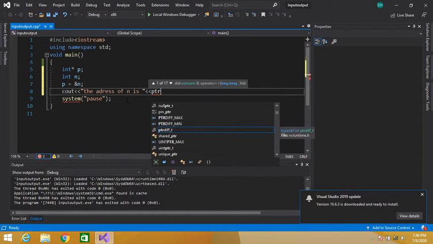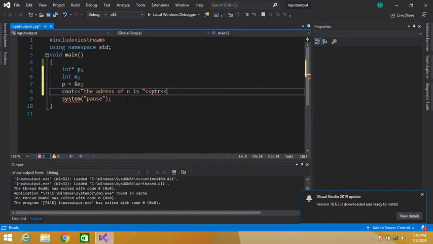So we have to display the address, endl. We have declared p, so we have to write only p here. ptr for pointer, so we have p for pointer.